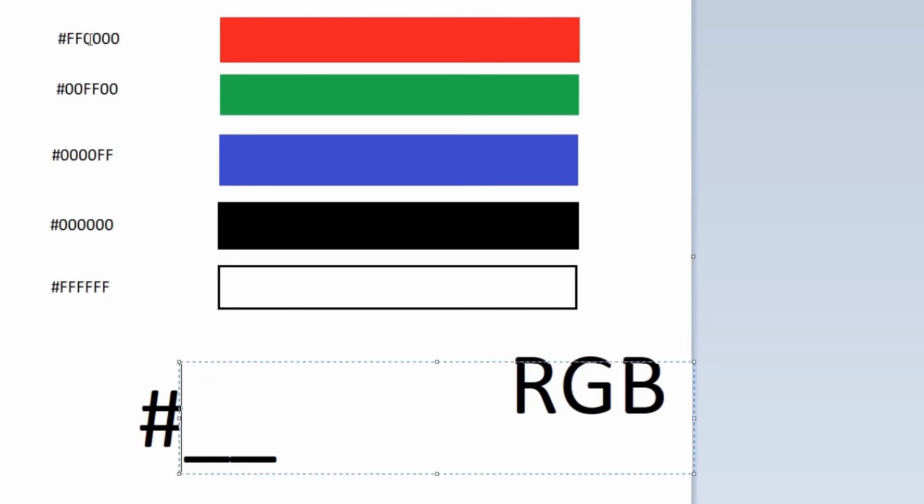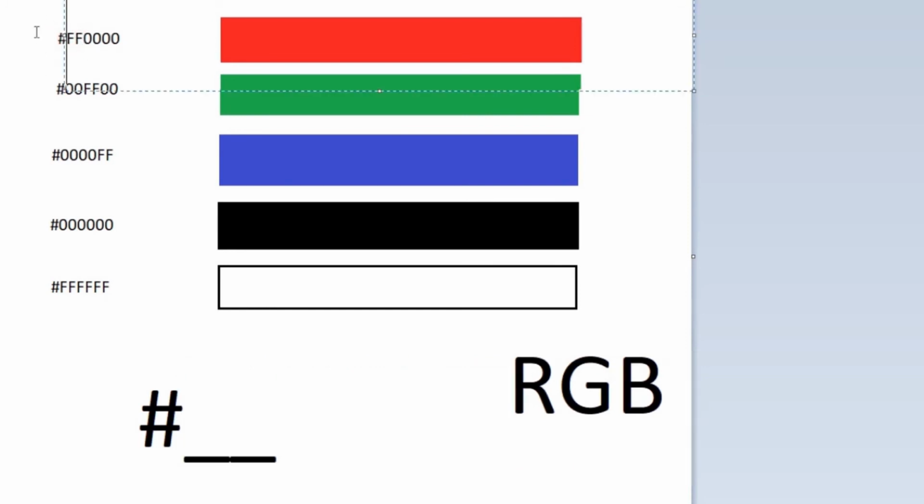How do we put red color in HTML? Put the hashtag, and then in the first two spaces I have put ff. Okay, that means we give the highest value for the first two, and if it is RGB, we give the highest value to red, and then for green and blue we give the lowest, meaning 0. So what will happen?